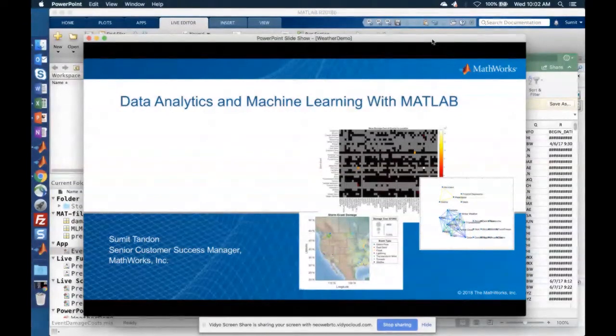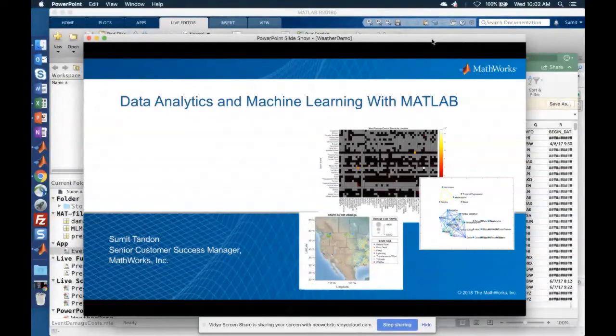My name is Sumit. I'm a customer success engineer / application engineer at MathWorks. To tell you a little bit about myself, I have a background in electrical engineering, bachelor's and master's, with a background in image processing, computer vision, data analytics, high performance computing, and so on. I have been a user of MATLAB for about 15 years, and I have been at MathWorks for about 11 of those, working with users of MATLAB in academia and the industry, and helping them use the products in the most effective fashion. So this morning I will be talking about data analytics and machine learning with MATLAB.